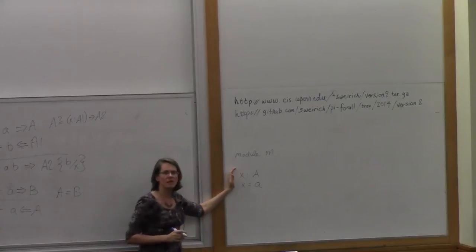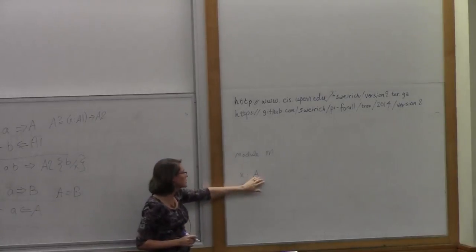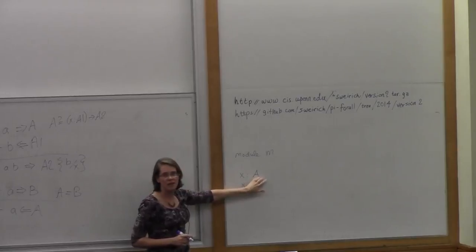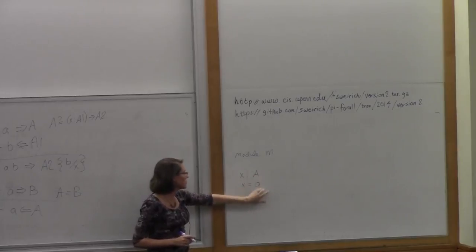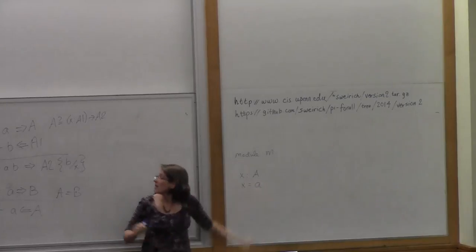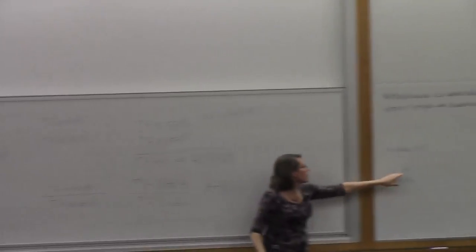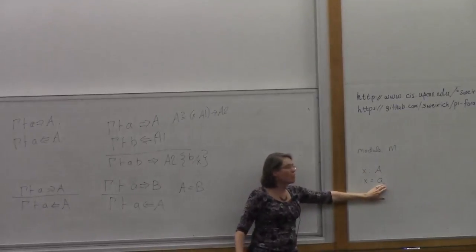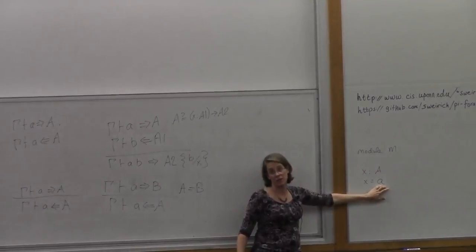And what does the type checker do when it sees a module like this, right? It checks this type, makes sure it's a good type, and then it uses this type to check the type of A, right? We're going to call this judgment right here with the type that we provided for the expression,